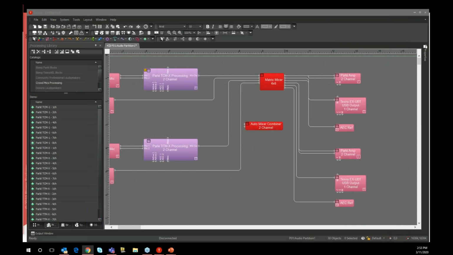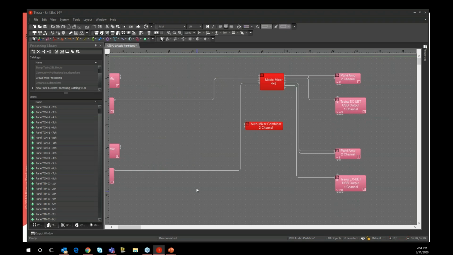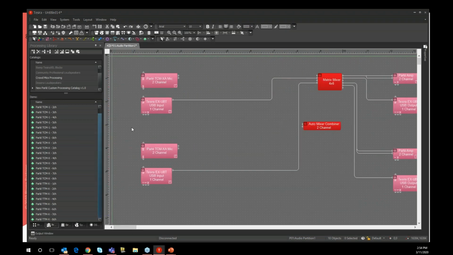But once it is downloaded and installed on your computer, you should have a Parlé Custom Processing Catalog in your library. And over here we have TCM1, TCMX, TTMX in 1 to 8 channel counts. So if we want to use this Auto Mixer Combiner, we need to use something from this library. So I'm going to go in and delete this, and then drop in a 2-channel TCMX